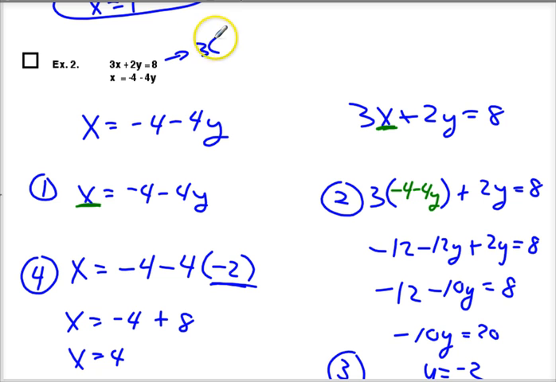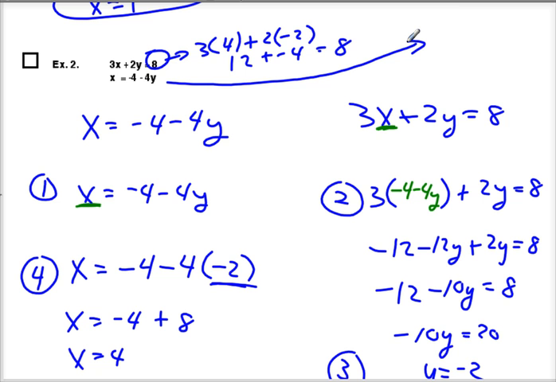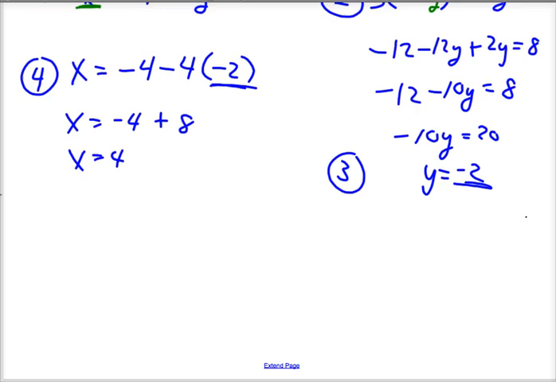Plug those in, you'd have 3 times 4 plus 2 times negative 2. That would be 12 plus negative 4, which is in fact 8. So far feeling good. Then we got to plug in 4, negative 2 for the bottom one here. So it'd be 4 equals negative 4 minus 4 times negative 2. Plugged in 4 for x, negative 2 for y. And if I do that, I get 4 equals negative 4 plus 8, and that is true,